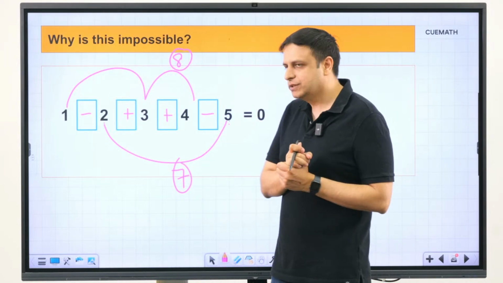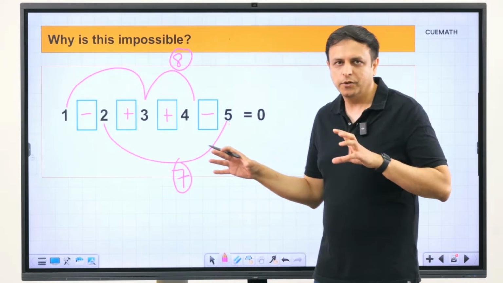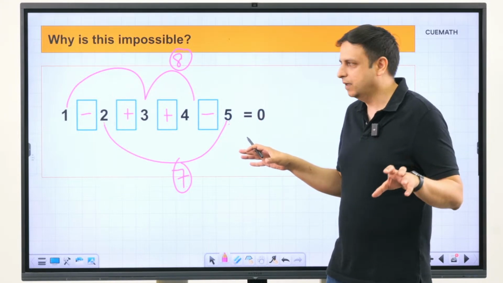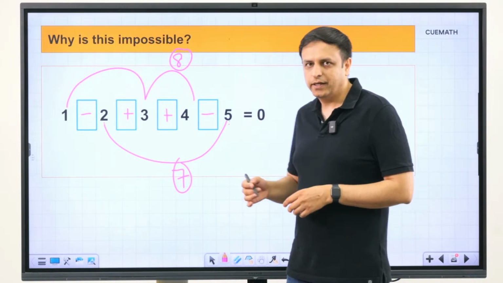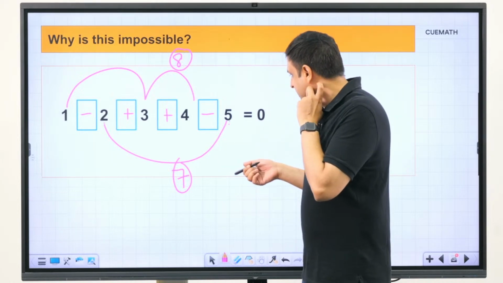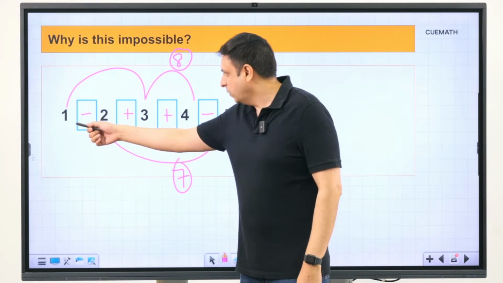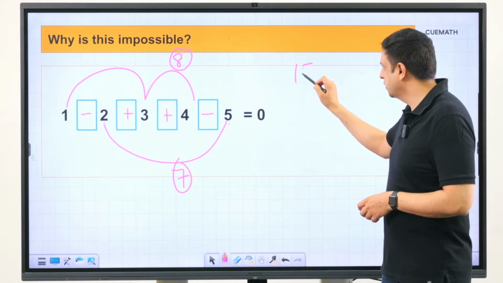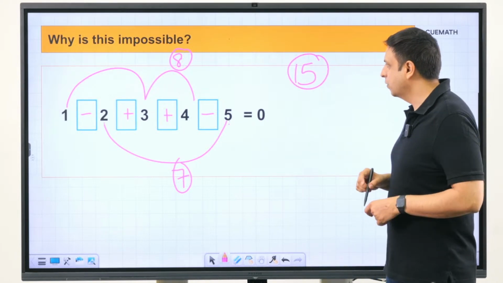The only way to get to 0 is if the numbers you're adding and the numbers you're subtracting add up to the same thing. So when you do the final combination, you get to 0. But the problem here is that the numbers 1, 2, 3, 4, 5 add up to a total of 15.